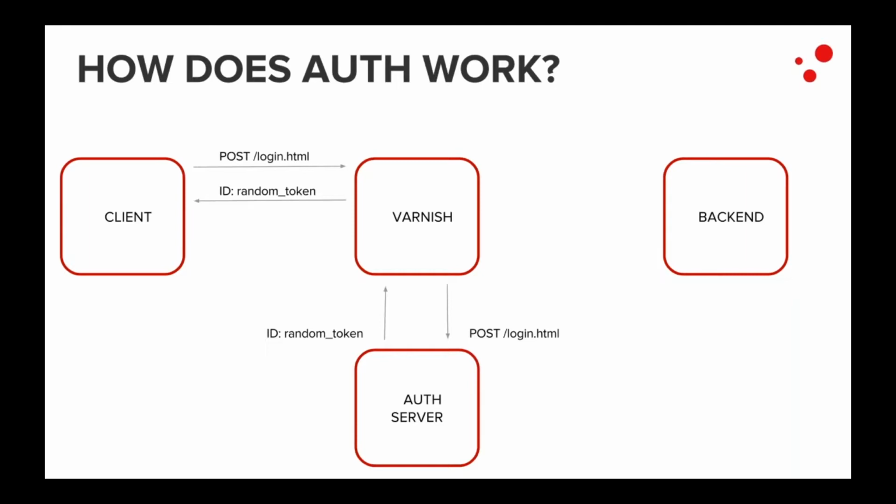Now the client is authenticated, and I will have to present this unique ID for any other requests I want to send. So now we are authenticated, we have a unique ID, and we want to request a specific URL. We want to read a specific article. We send a GET request where we indicate which URL we want to access, and we also include our random token, our unique ID. The object is not in cache, so Varnish will have to go to the backend and fetch that specific article. The backend generates this article for us, and the article is now inserted in cache.